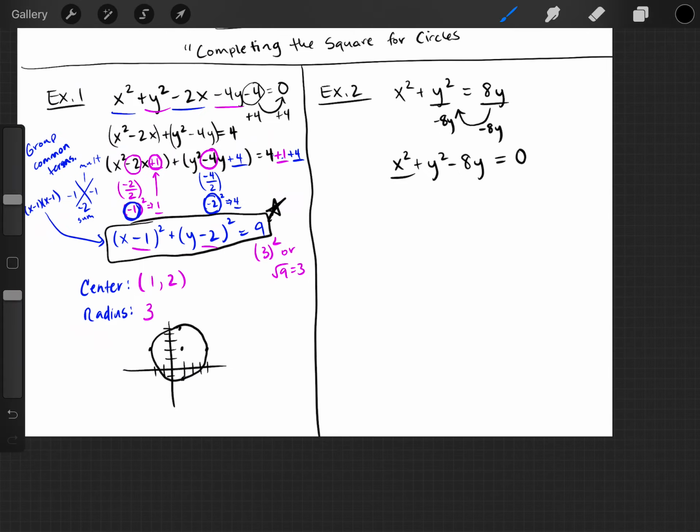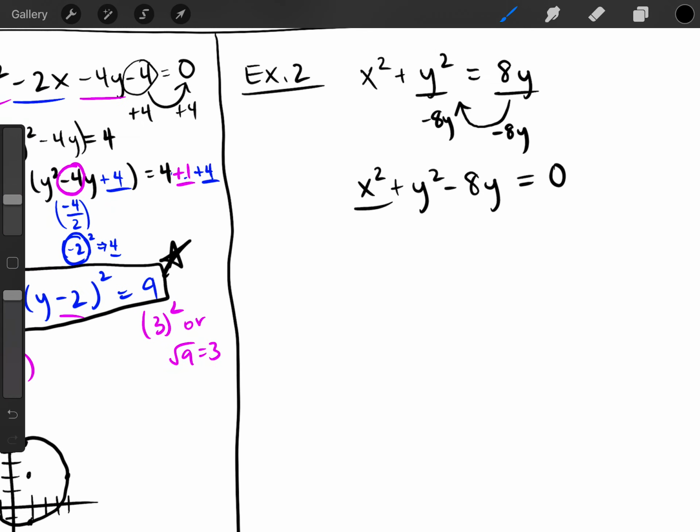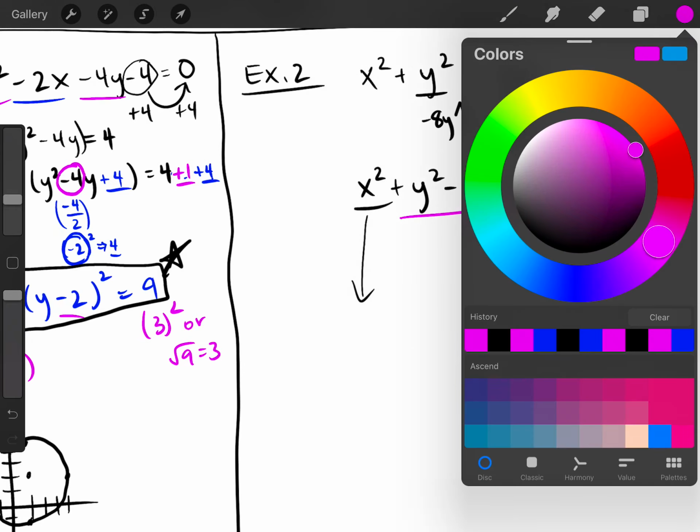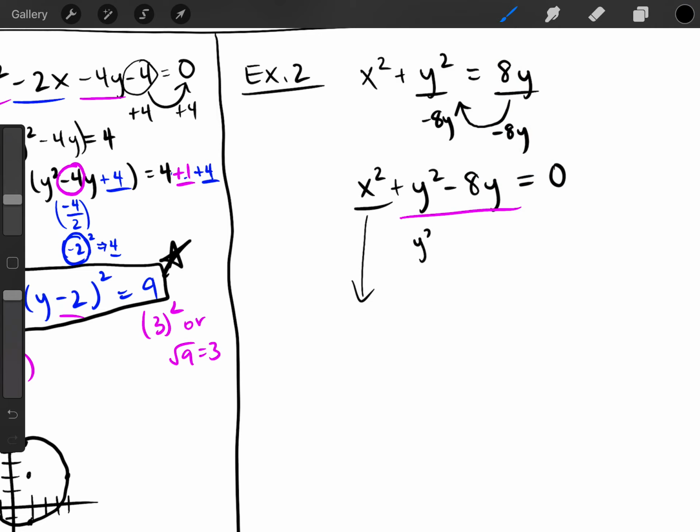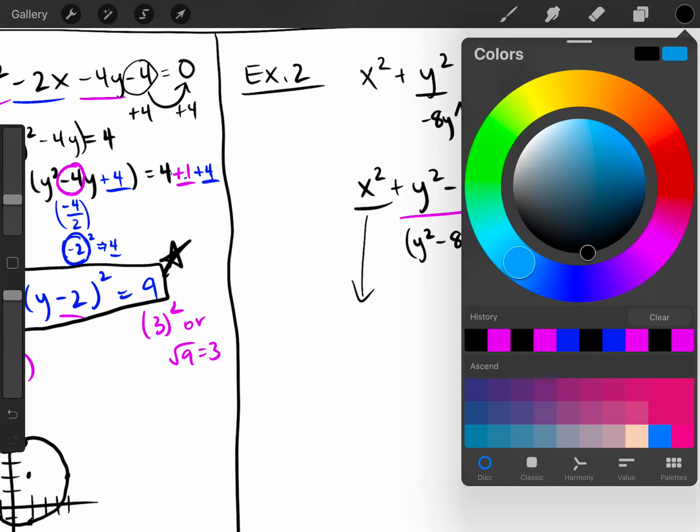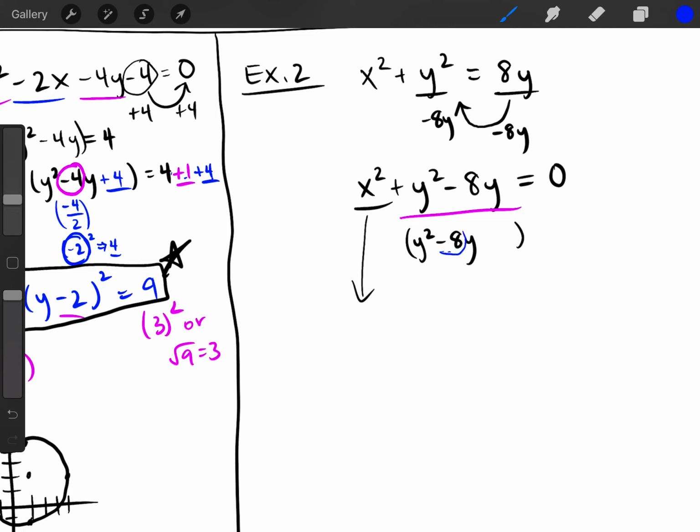Now again, the first step is to group your common terms. So we want that x squared to be grouped up, but there's nothing to group it up with, so we don't have to do anything. But that y squared, we want those to be grouped up. What we can't do is just put them next to each other. We have to move this 8y over, just like we moved that 4 over on this equation right here. Since we're moving it to the other side, we're going to do minus 8y instead. So we'll end up with x squared plus y squared minus 8y equals, this becomes 0 because we moved that